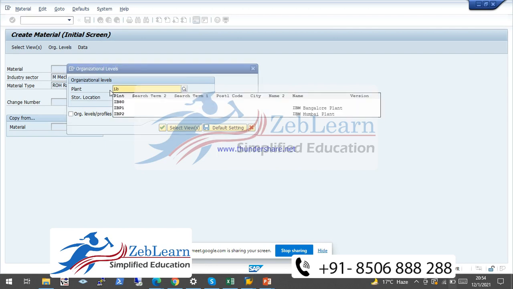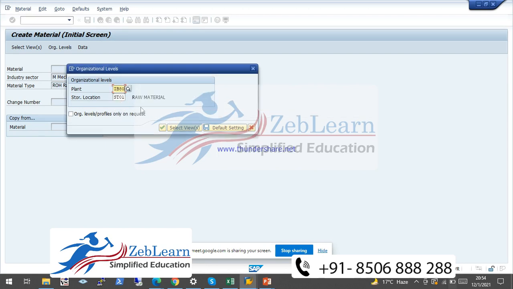Here is the plant IV80 and the storage location.